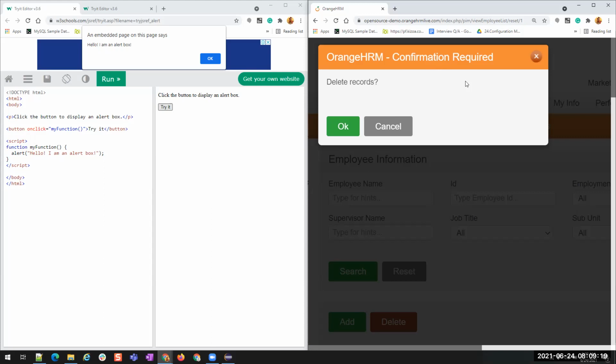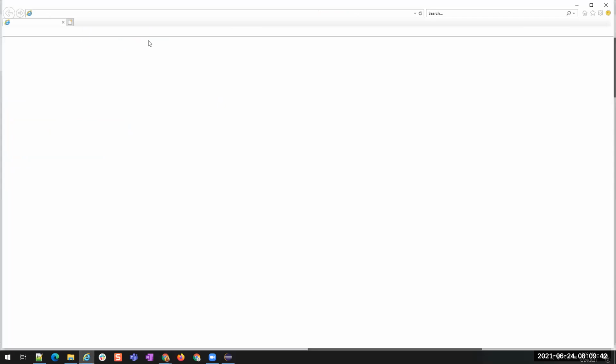If you have HTML, you can write your own style, but this does not have any HTML code. This is a simple method called alert of JavaScript. So when you call this method, it is going to generate these alerts. This alert is a default behavior of the browser, and alerts will not be the same in all the browsers. Now let me open this inside Internet Explorer. You will see the difference between the alert display on Chrome as well as the alert display on Internet Explorer.